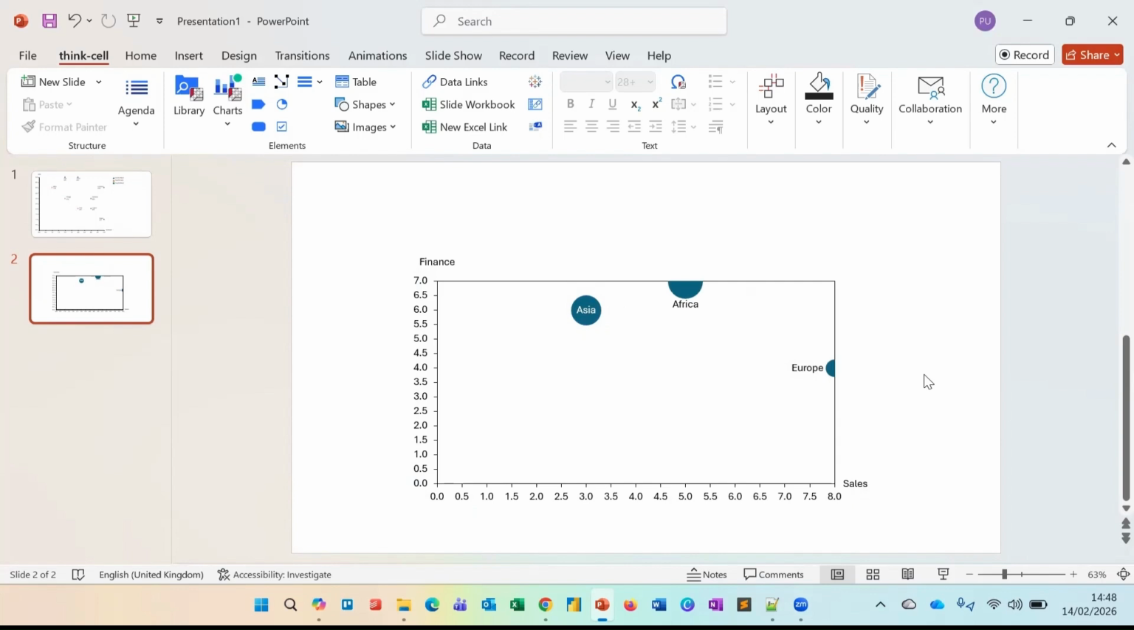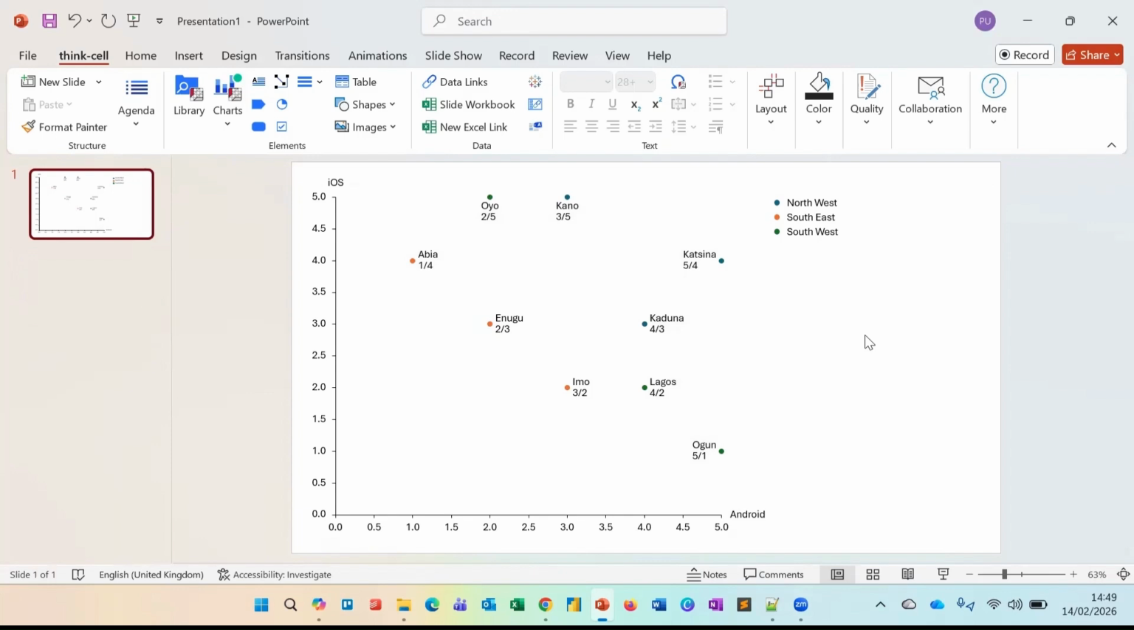The second way is by converting your scatter plot to the bubble plot. So let's look at the second method. You will recall from the previous video that we had where we created a comparison between the two products we released in various states in Nigeria, that we ended up with this very chart, which is a scatter plot. So in this very video, since we are talking about the bubble chart, I want us to convert this very scatter plot to bubble chart